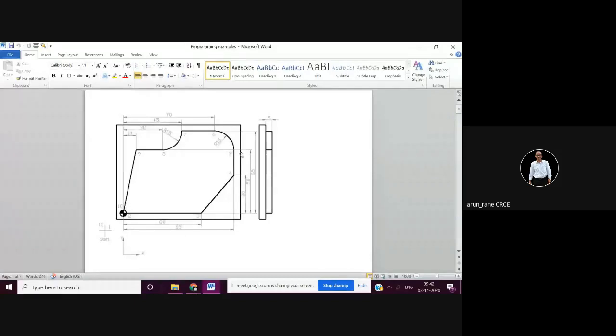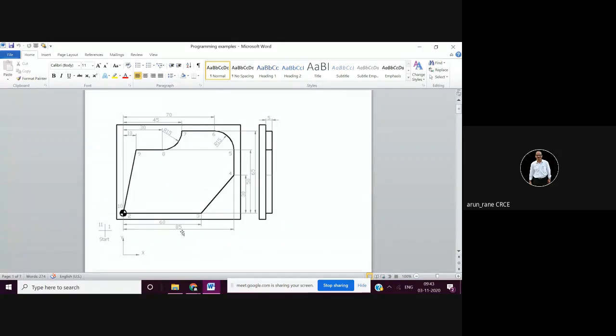But what about this? Here there is more space. Here also the space is more, and here also the space is still more. So accordingly, you have to select the cutter diameter. You have to calculate this distance and fix up the cutter. Suppose this distance comes out to be 25 or 30 mm.